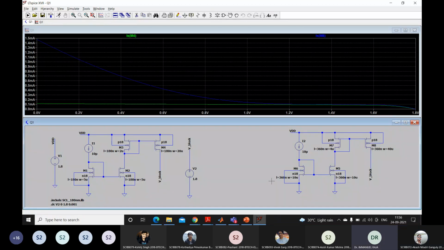But if it's the same behavior, probably something is wrong with the modeling. Sometimes they will do modeling only up to a certain length and then extrapolate beyond that. But 360 should be modeled. It's not a very large length. Yes, sir, in the model file it was written that it can handle up to 500 nanometer maximum, but I don't know why this is happening. Okay, then you just restrict to maybe 270 or 250. That should be fine. Good if you could find that limit also.